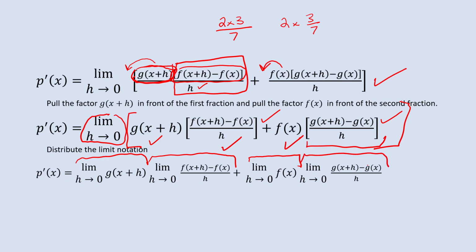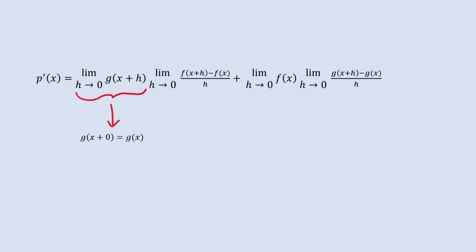And so you're allowed to distribute out that limit as h goes to 0 expression the way we've just indicated. And you get the expression shown at the top of your screen. Now, the number one rule when we evaluate limits, we've talked about a few times before, is you just sub in